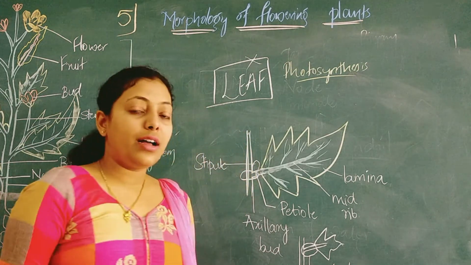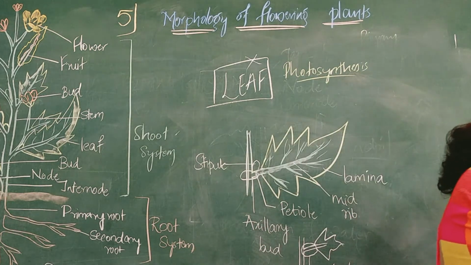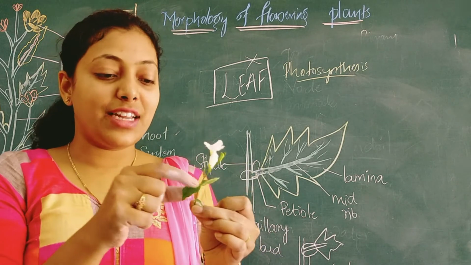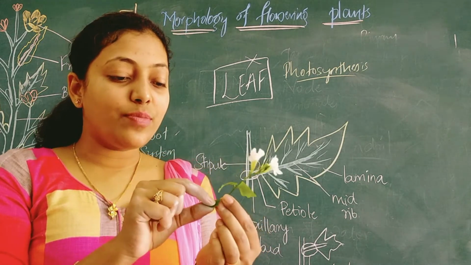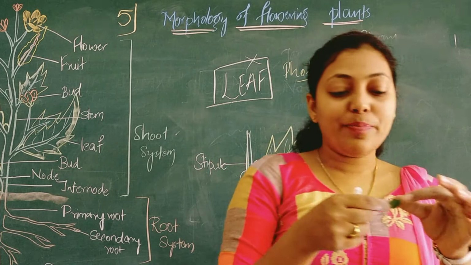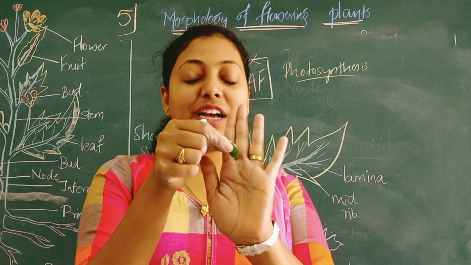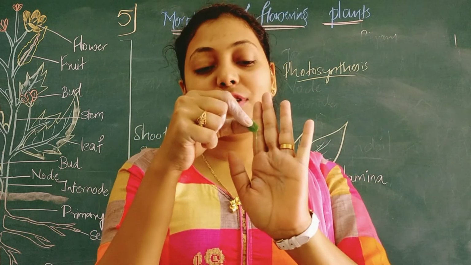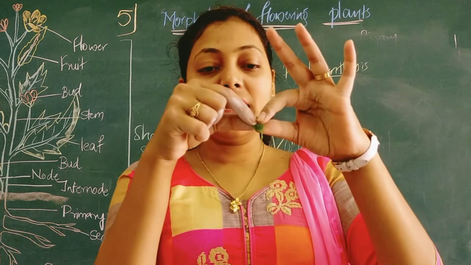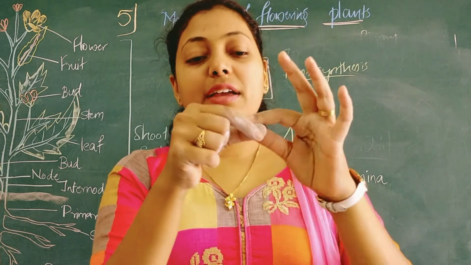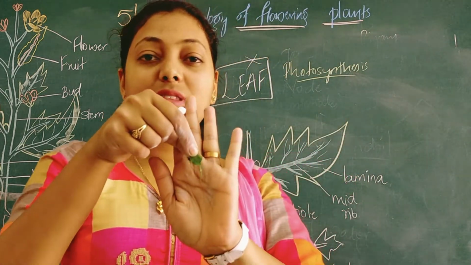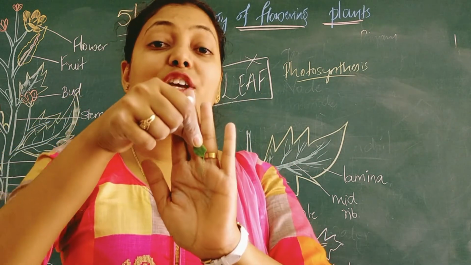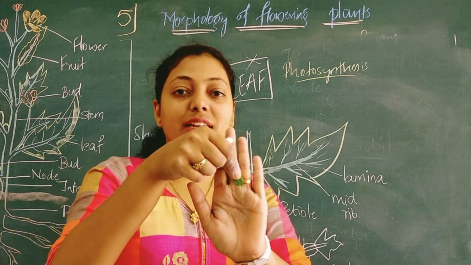I'll just show you if I have a leaf. Yeah, here you can see. I have plucked one flower, I'll tell you about it later. Here you can observe, I have plucked one leaf, a half leaf. Here you can see the down part was part of a stem, and here is the leaf. Here you can see a thread-like position. This particular position which you can observe is called the petiole of a leaf. I hope this is clear for you.